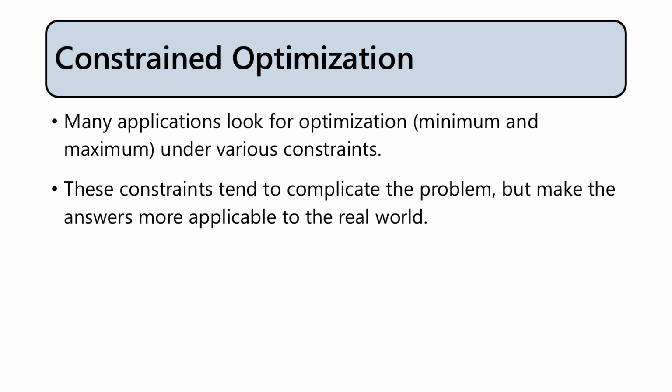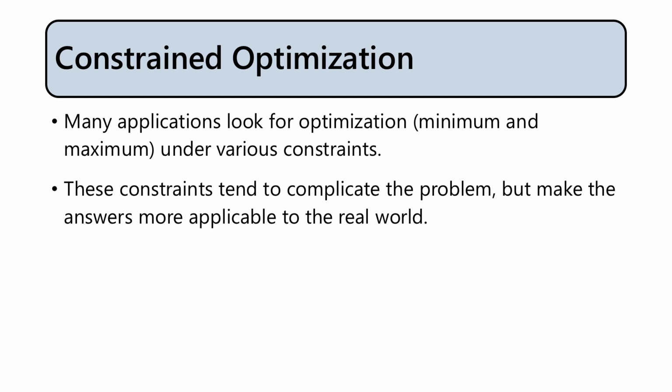For example, in economics, when we're talking about production and manufacturing and capital and stuff like that, often that is constrained under the business's financial models and such. And so we have economic equations that allow us to model manufacturing, but then we have to take into account that there are constraints on those productions. So these constraints tend to complicate the problem, but they do make the answers that we arrive at more applicable